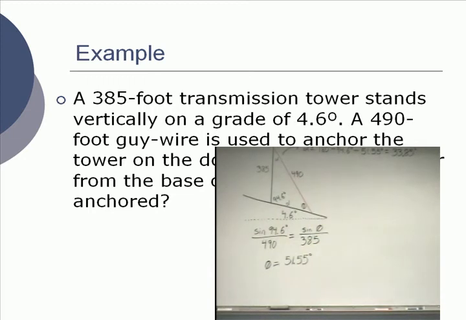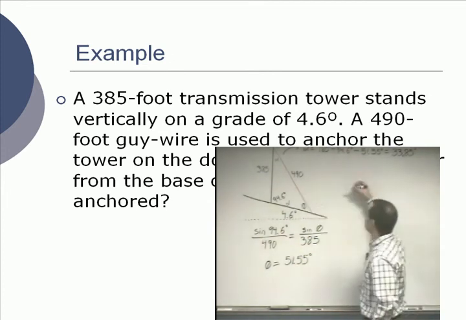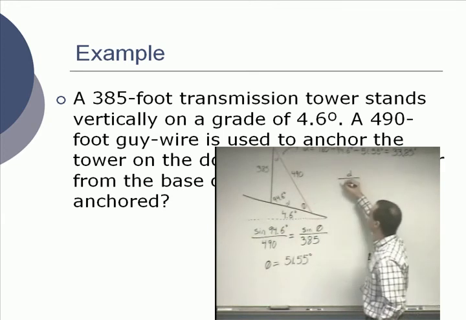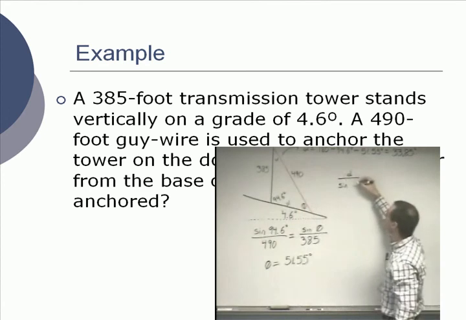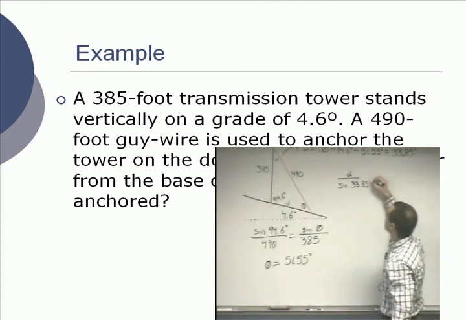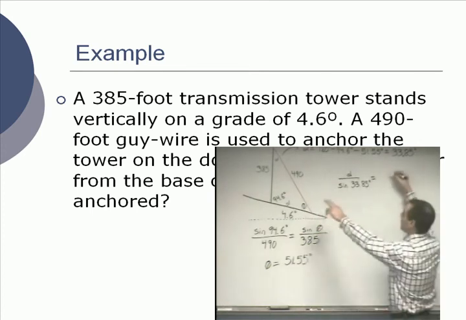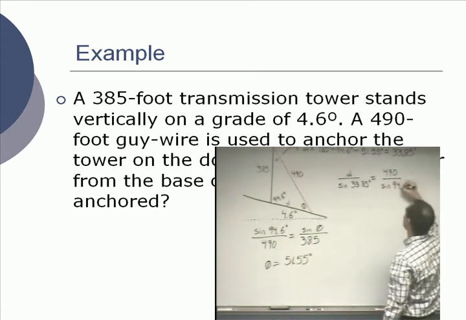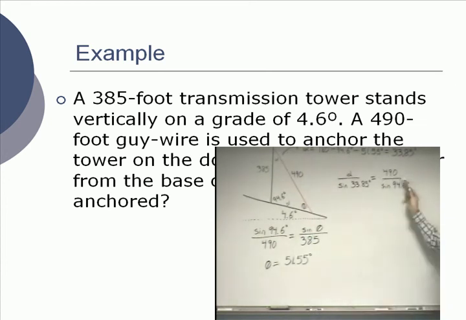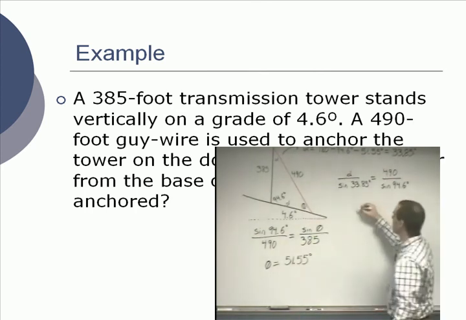Now we can answer the question. The side that we want to know, D, over sine of 33.85 degrees. This is the angle pair we're working with. So D over sine of 33.85 degrees equals, now use the pair that we were given, 490 over sine of 94.6. Notice that this one I put the distances on top and the angles on the bottom. Did that intentionally. You can use law of sines either way. It doesn't matter. And solve this and you'll find out that D is equal to